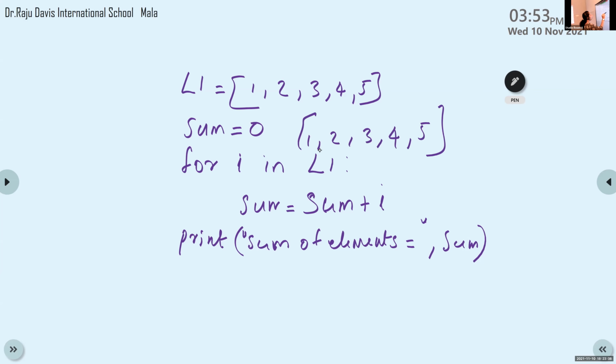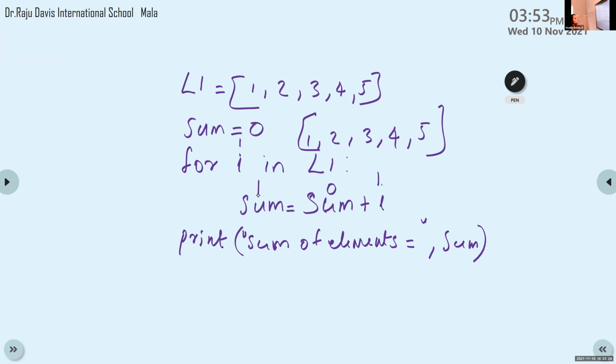What is the first value of I? 1. Yes, first value of I is 1. Then sum is equal to sum plus I. First value of sum is 0. Correct. 0 plus I, I is 1. So 0 plus 1 is 1.